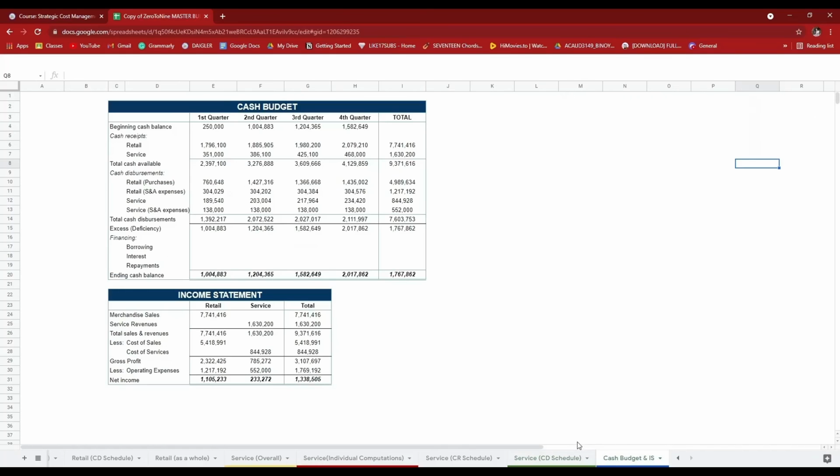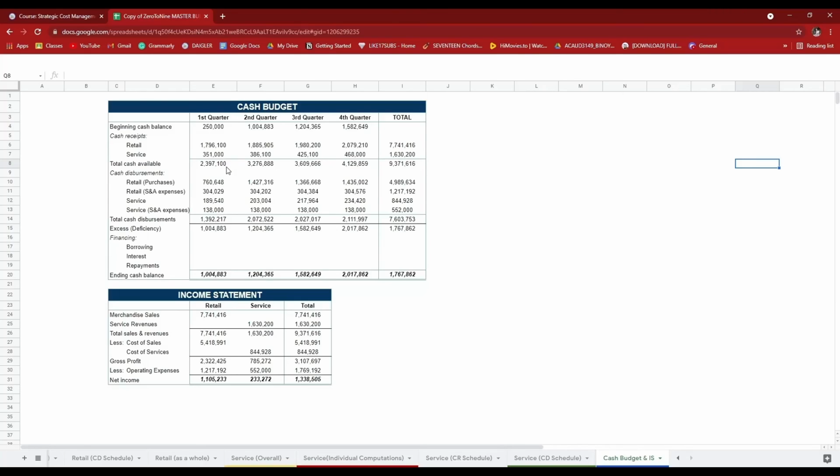Lastly, we will present the business cash budget and income statement for the first year of operation. The cash budget is computed as follows. Given the information earlier, the company will have a cash balance of 250,000 at the beginning of the year. We will add the cash receipts for retail, 1,796,100 for the first quarter, and for the service, 351,000 for the first quarter. We will have a total cash available for the first quarter of